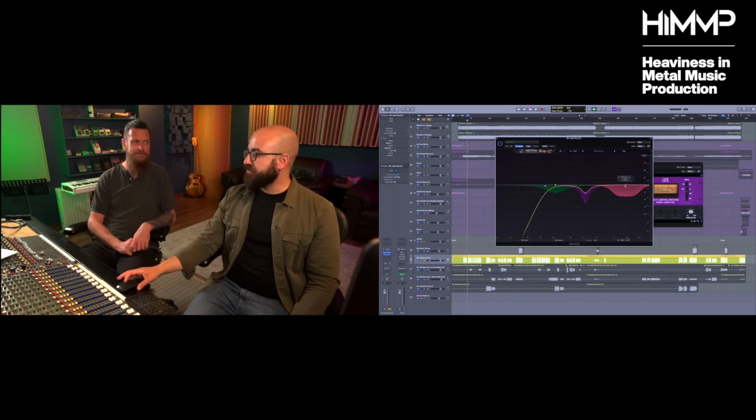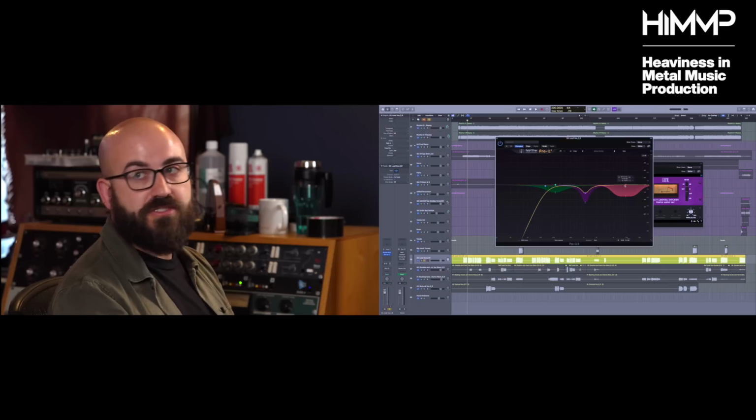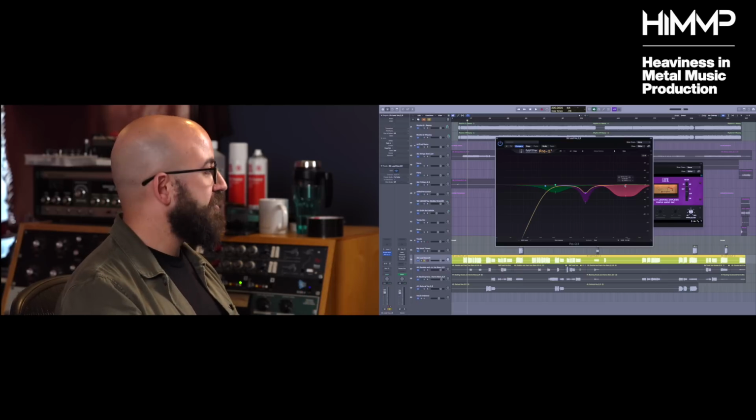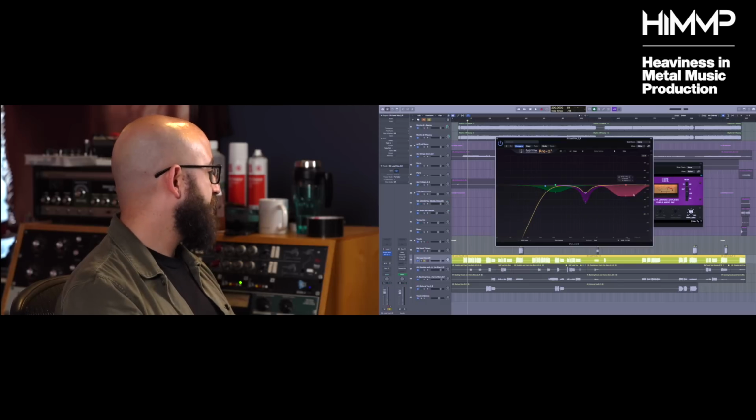Again, dynamic treatment for vocals for me is such a game changer, because a voice is so naturally different in timbre as you go through the different ranges and different sections of the song that trying to do it with EQ is just so frustrating, I find. So using dynamic bands is huge for me.